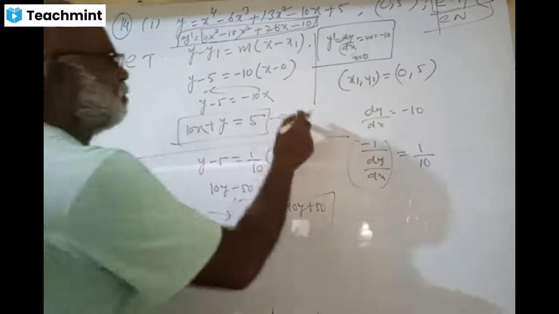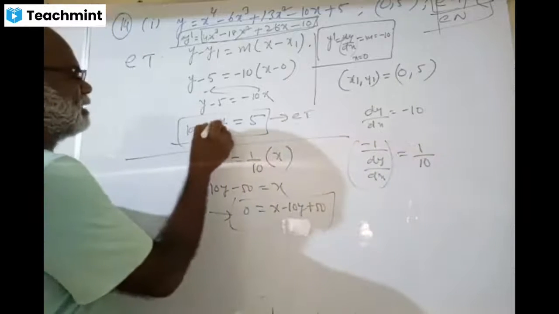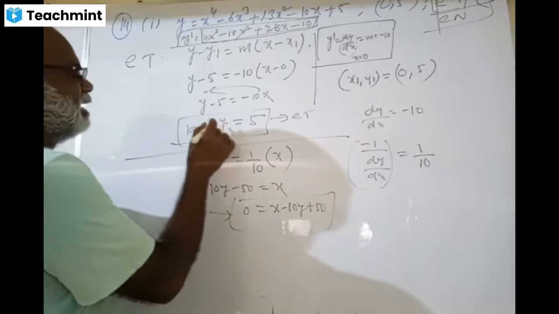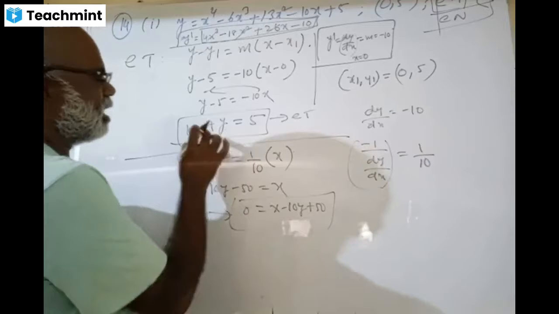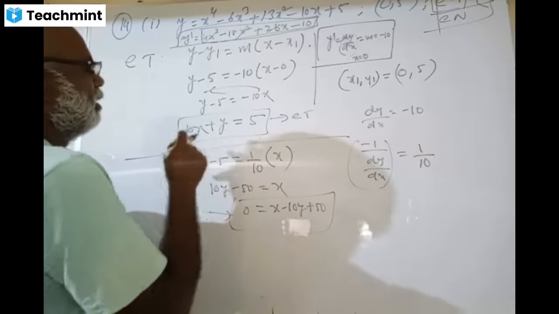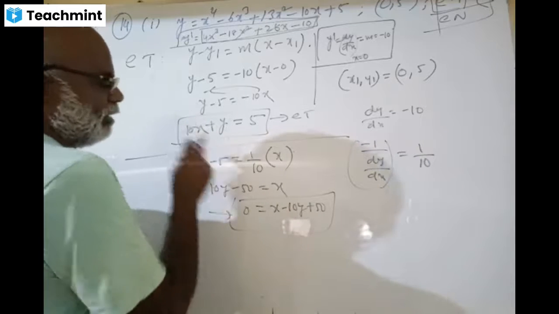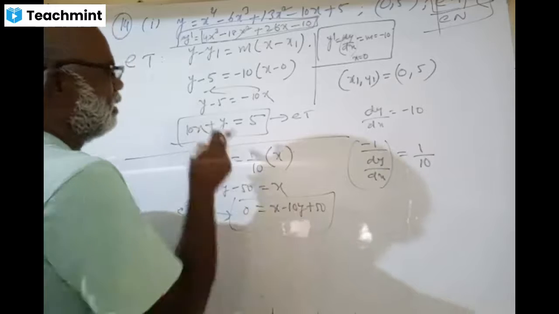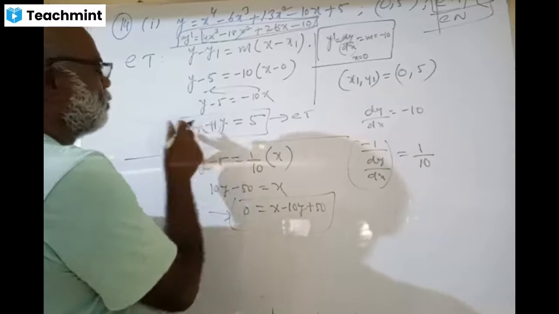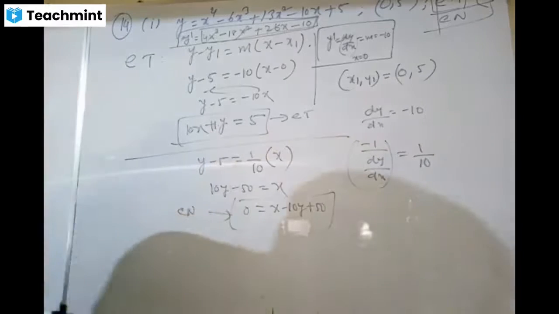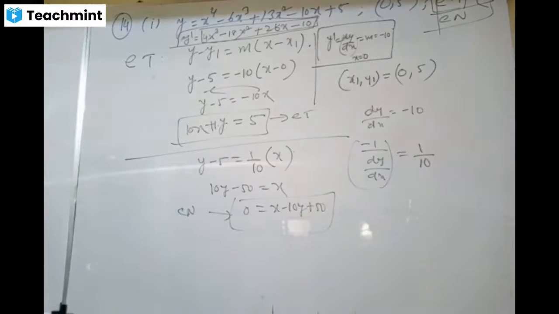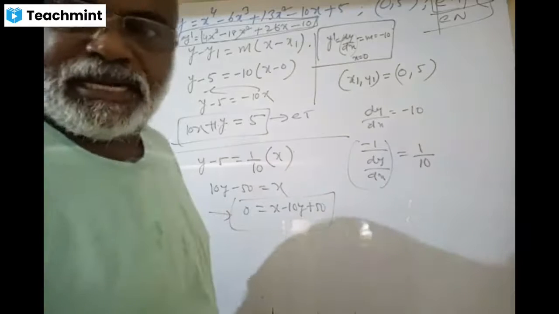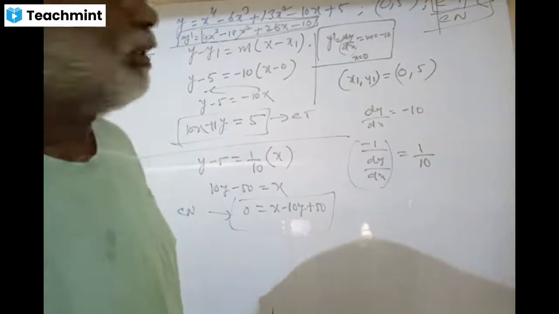Normal and tangent are perpendicular. Just see, between x and y there is a plus in one. Now between x and y there is a minus. That's all, because they are perpendicular. The x coefficient is 10 and the y coefficient is 1; they interchange the coefficients. That is the beauty of this. Equation of tangent and normal are perpendicular to each other.